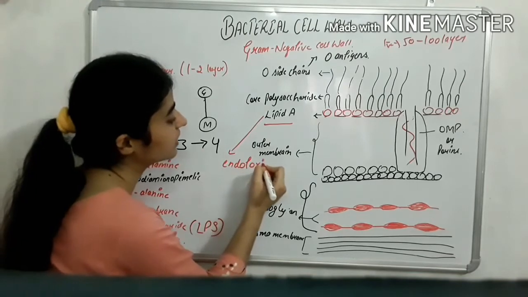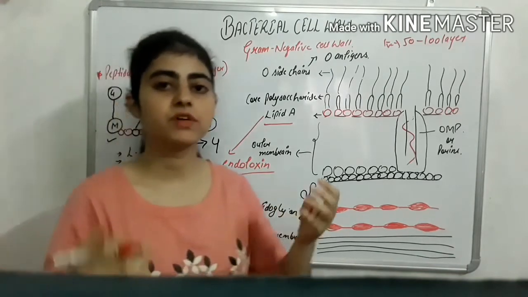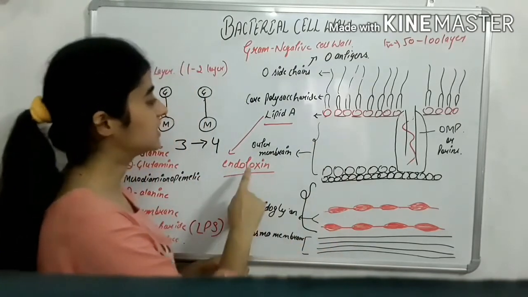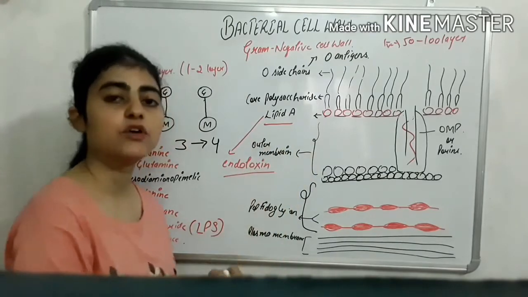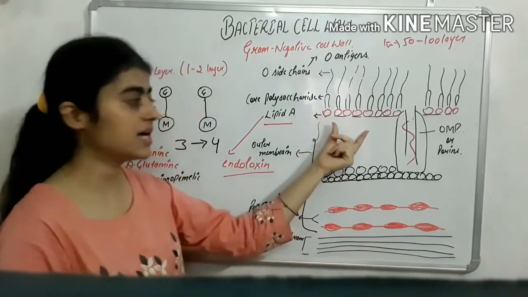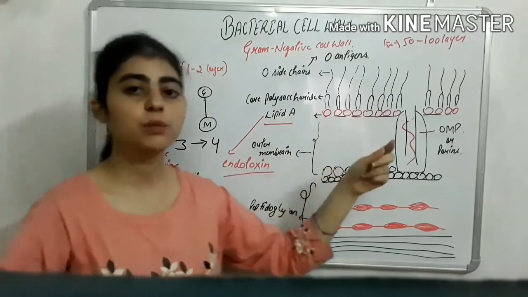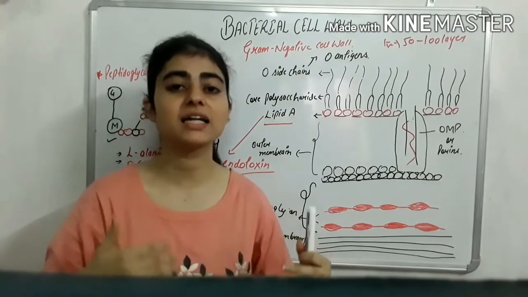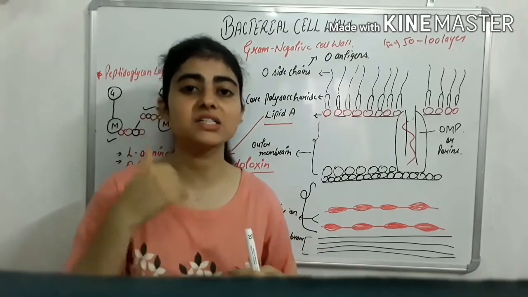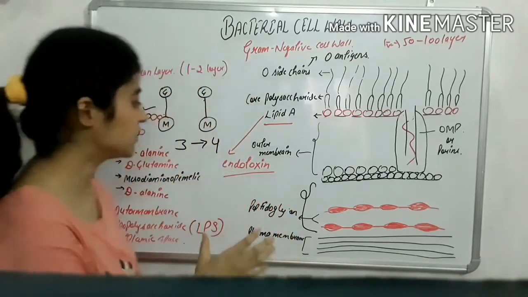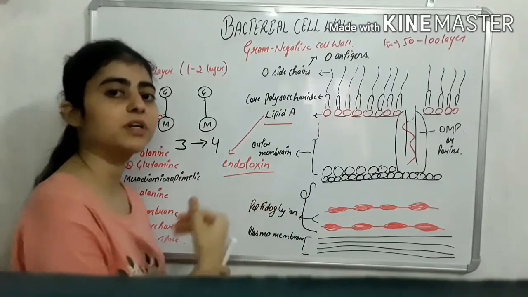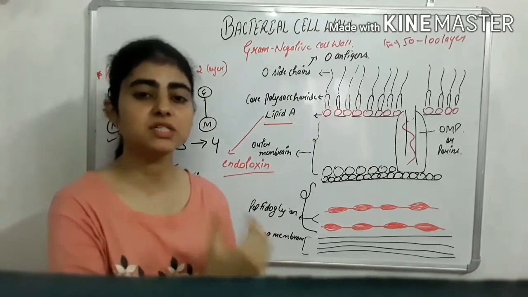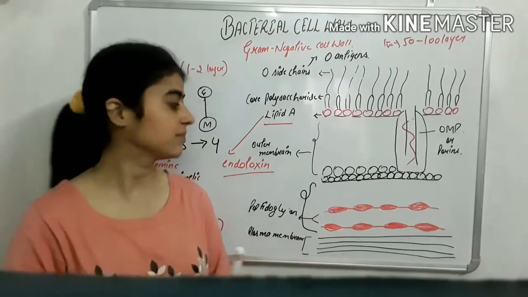Endotoxin. Now what will this endotoxin do? Once the bacteria enters into the body of the host, the bacteria will discharge lipid, that is endotoxin, from its surface. This lipid will move into different parts of the body and start necrotizing the host cells. It will start damaging the host cells. So it will perform different types of activities. For example, it will produce lethal effects, it will produce pyrogenicity, it will cause tissue necrosis, etc.